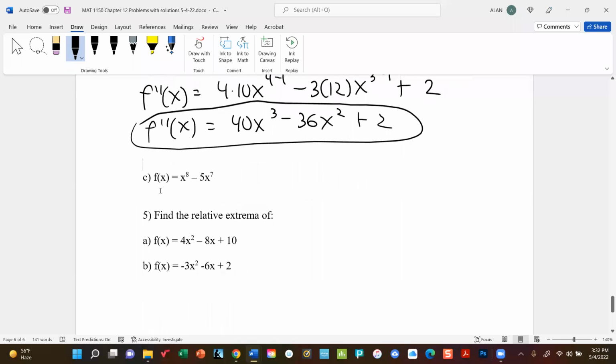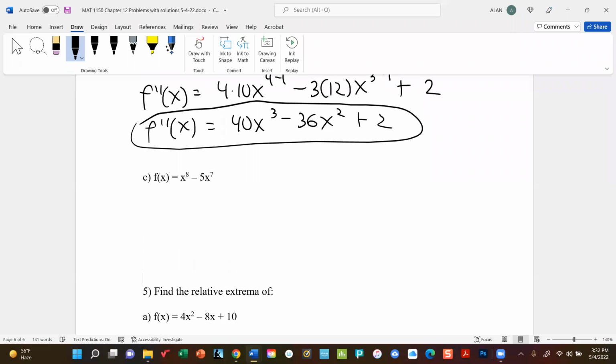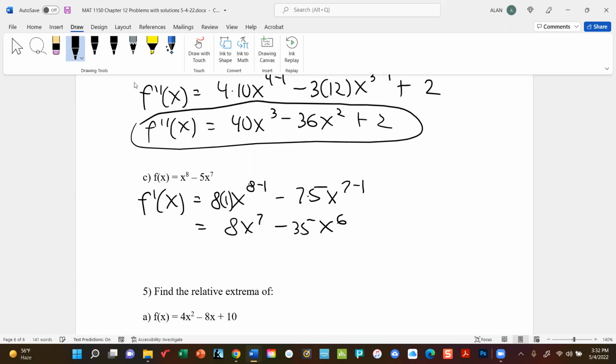All right, and then there's just one more. Same thing, we're applying our old friend, the power function rule. 8x to the 8 minus 1 minus 7 times 5. Oh, by the way, I guess I should be consistent here. This is actually 8 times 1, because x by itself, or x raised to the 8, there's implicitly a 1 in front of that x. Not that it affects the results. So we end up with 8x to the 7th minus 35x to the 6th